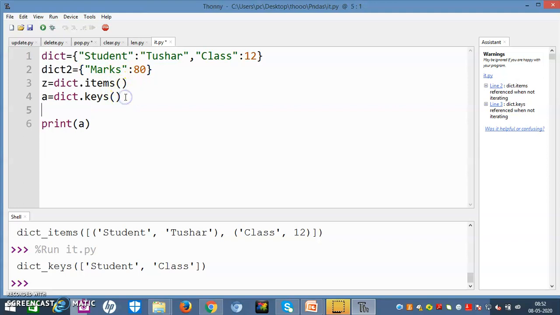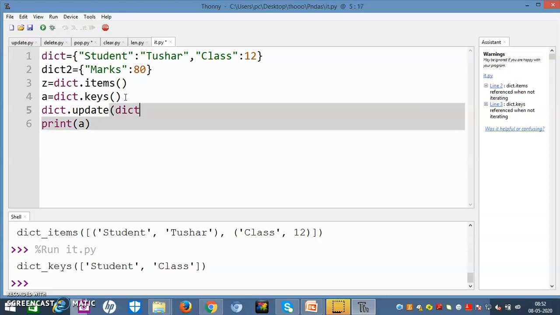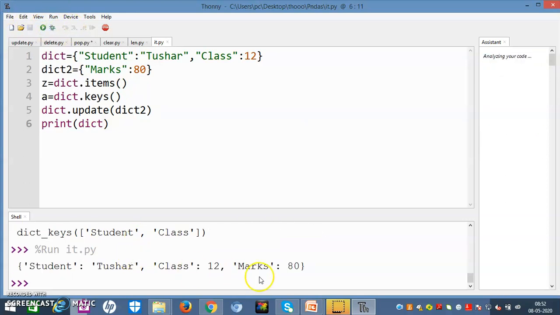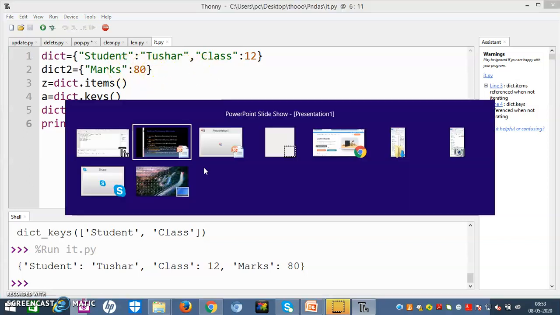Now what I have to do is update. Now dict dot update dict2, right? And I will print dict here. So let us check the answer. Student Tushar, marks. Look, the value of dict2 is appended at the last. So this is just like the append function, we merge two things in one go. So student Tushar, class 12, marks is 80. So let me come to the next point.